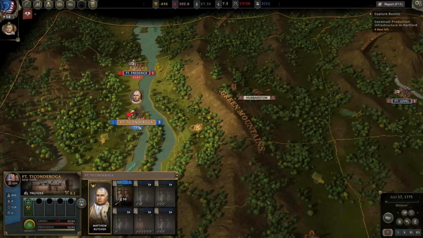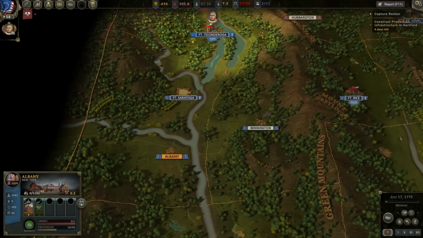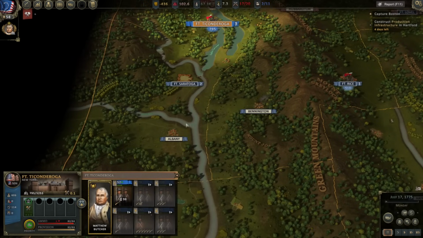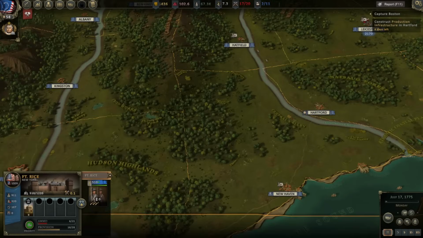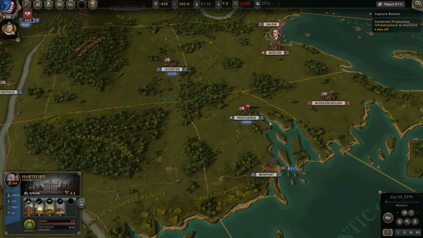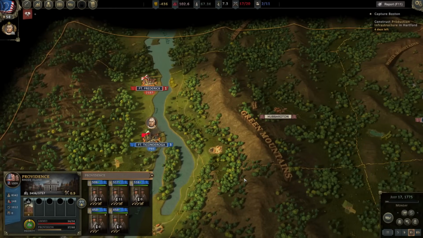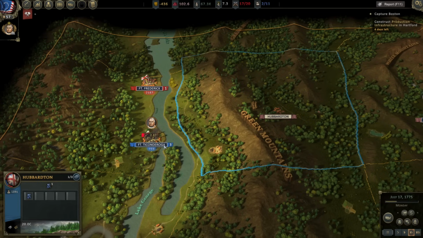Okay, so we didn't draw any reserves or reinforcements. Saratoga has 160 soldiers. It is not priority. Ticonderoga is priority. So maybe those troops will shift around. Hartford is still listed as a priority. I would say we can't get rid of that. Okay. Let's give it one more day. We did get a few junior officers here. I just don't want to spend...